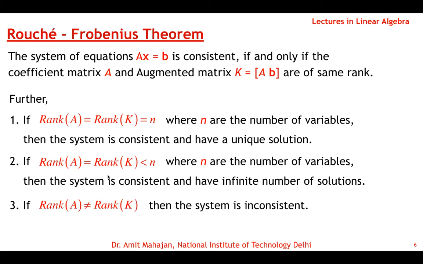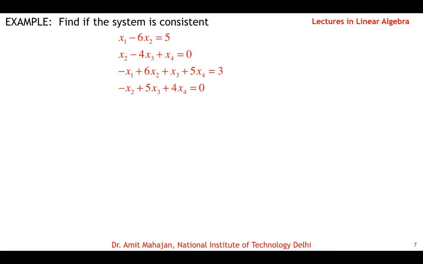And the third case is very obvious: when rank of A is not equal to rank of K, then the system is inconsistent, and this is only possible when this last column becomes a pivot column in the augmented matrix. Then in that case the rank of K will be 1 greater than rank of A, and so these ranks will not be equal. So this Rouche-Frobenius theorem definition is same as the definition which we did on the previous slide. Okay, so now I take a few examples here to show how we can check if the system is